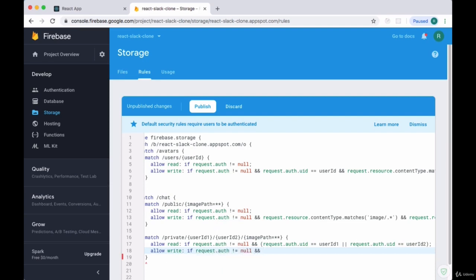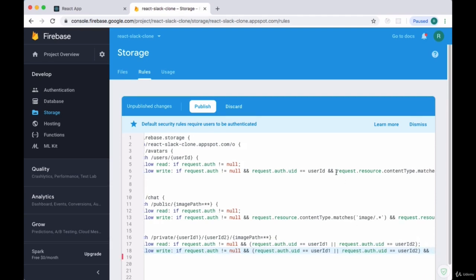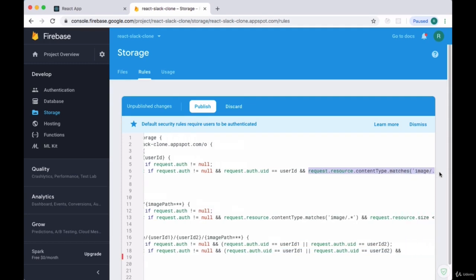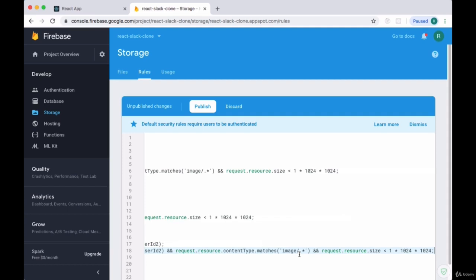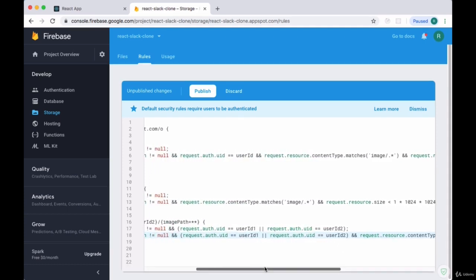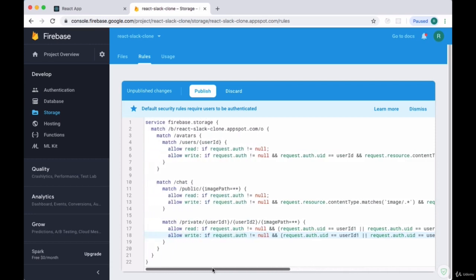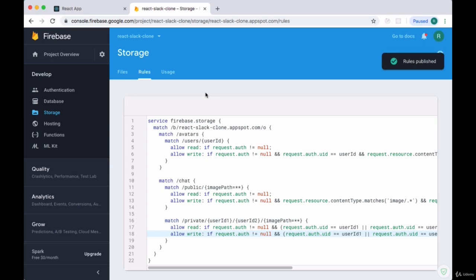And we're going to allow writes if our user is authenticated, and we can copy this conditional that we set up for reading permissions, and then we'll grab the remaining part of our first set of write rules for avatars, where we're going to make sure that the resource has a content type of image/whatever and that the image size is less than 1 megabyte. So we'll save all these rules,